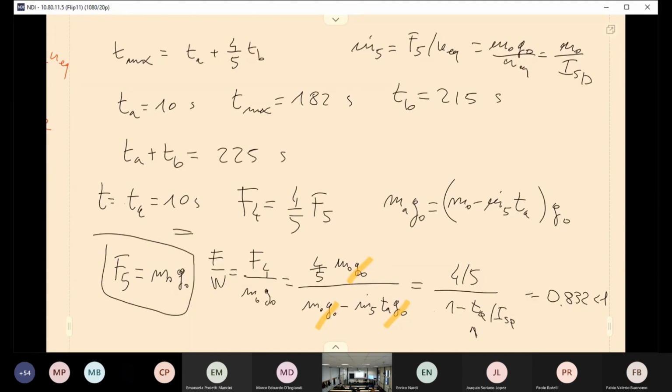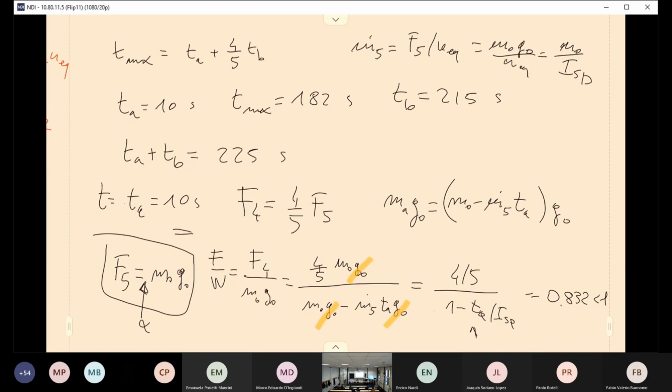In this case, I'm assuming that we have exactly the thrust equal to the weight at liftoff instant. So if we put an acceleration here, multiplying quantity, we have